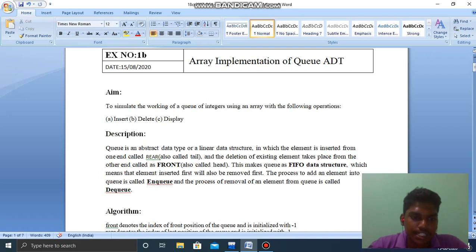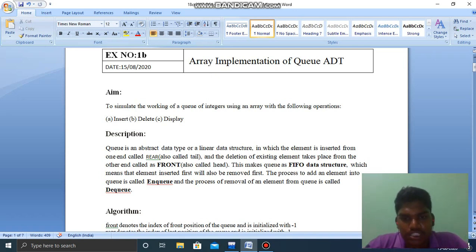What is a queue? The queue is an abstract data type or linear data structure in which the element is inserted from one end called rear, also called tail, and the deleting of the existing element takes place from the other end called front, also called head.